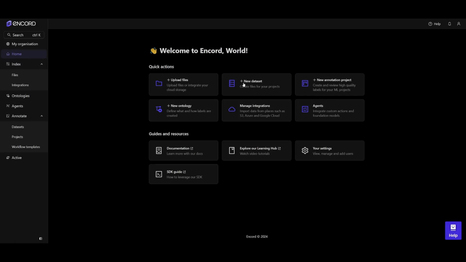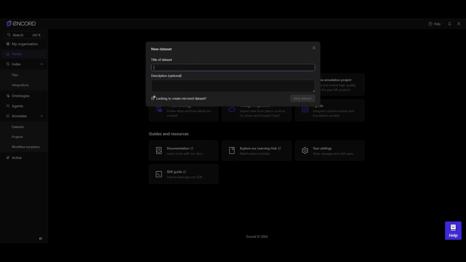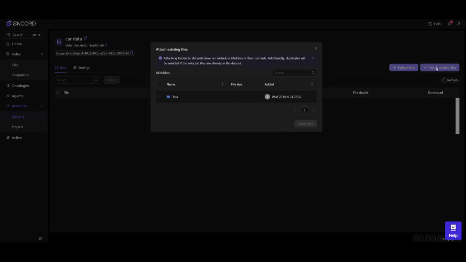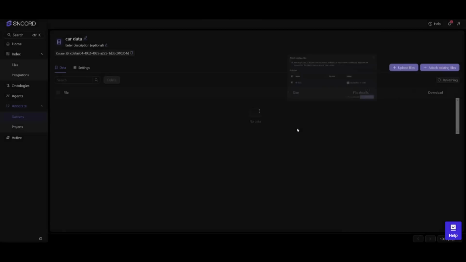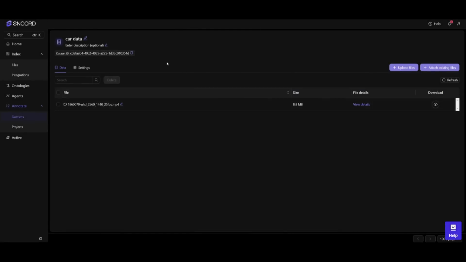So go ahead and name it whatever you'd want. I'm going to name this car dataset, and I'll explain this in a second. Now let's go ahead and create this new dataset, and from here you can just attach existing files from your data folder that you just created and indexed, whether that's from uploading files from your local storage or from integrations like S3. So go ahead and attach the files, and you can see that it has now been added